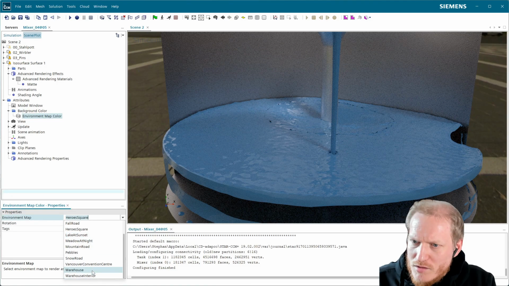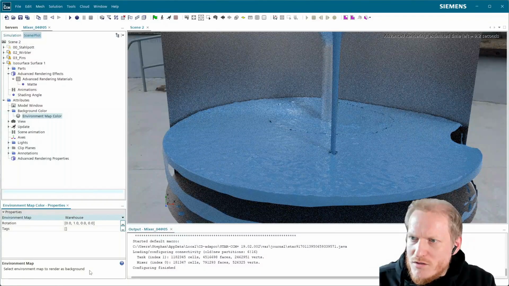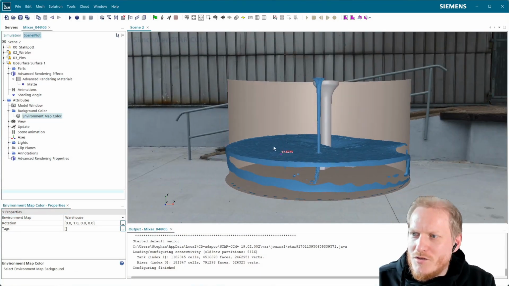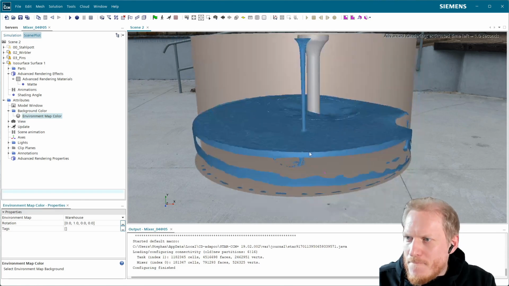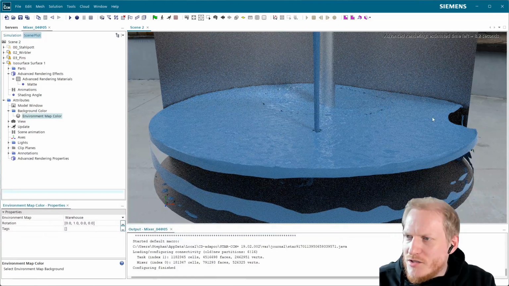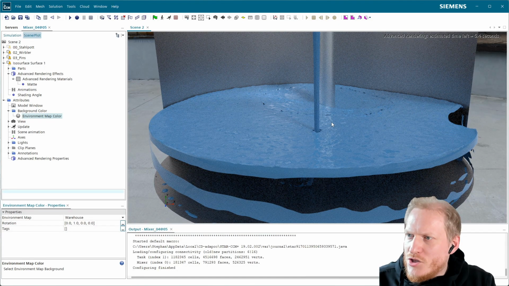Someday I should bring some interesting backgrounds to this workstation as well. So here we have some factory outside, and we can look at the surface and see, okay, it looks okay-ish for a starting point, but